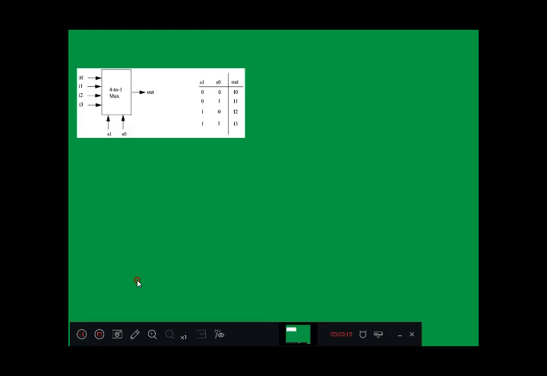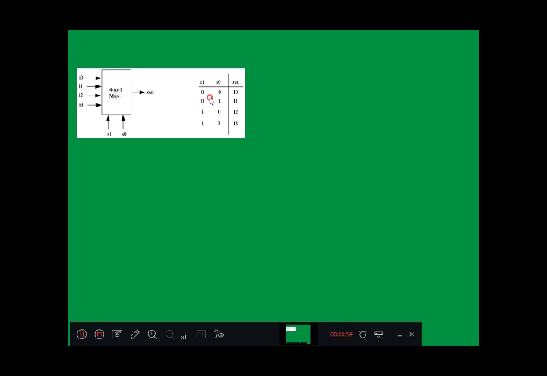In previous class we have discussed a 4 is to 1 multiplexer which involves four inputs I0, I1, I2, I3, and apart from that two more additional inputs select lines S1 and S0. So all together 6 inputs are there and each input is of size 1 bit, and output size is also 1 bit, and we have named it as out. The new symbol name we are given is 4 to 1 mux.